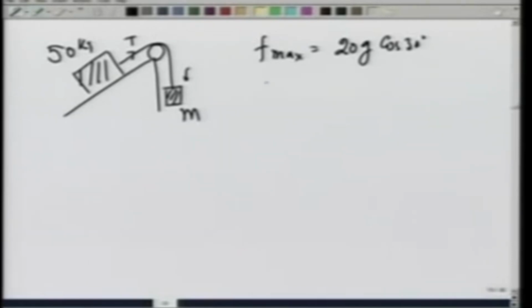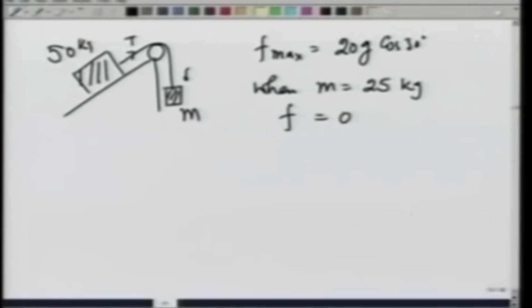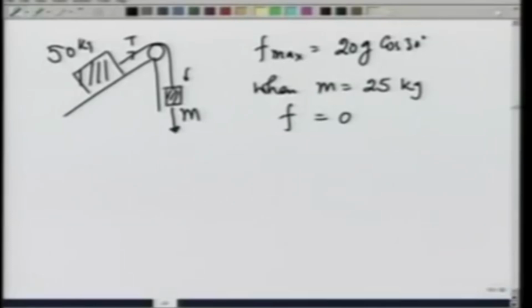In fact, when m equals 25 kgs, and we had calculated earlier that for m equals 25 kgs, I do not really need any friction to have equilibrium, the frictional force would be 0. What if I go beyond 25 kgs? If I go beyond 25 kgs, this mass would now start pulling the bigger mass up, and the direction of